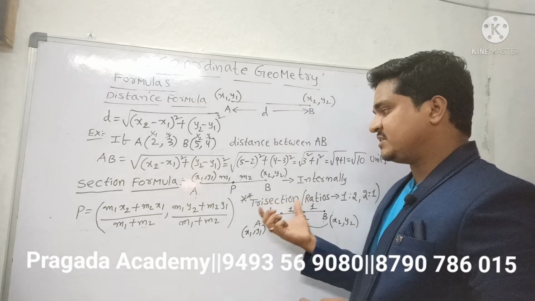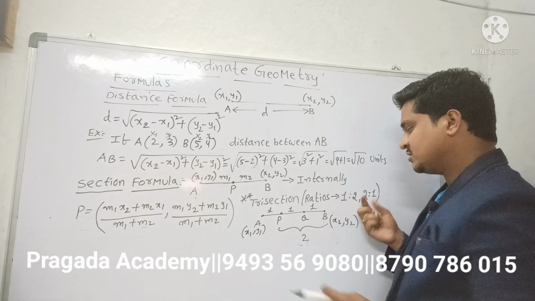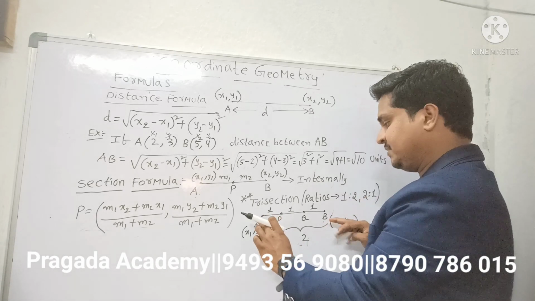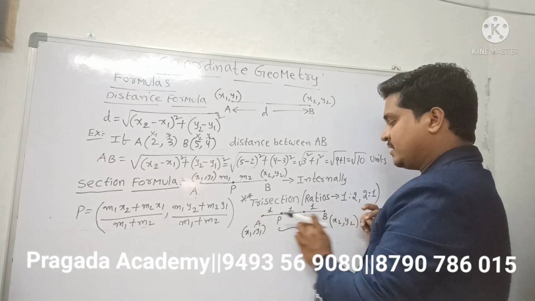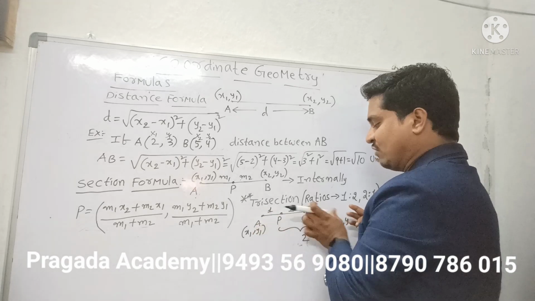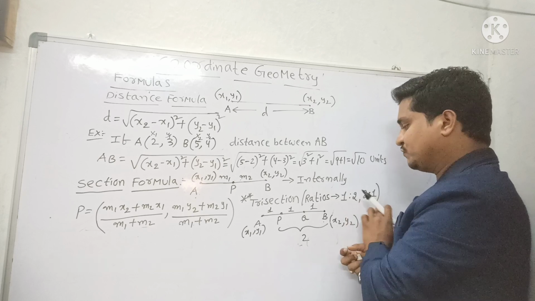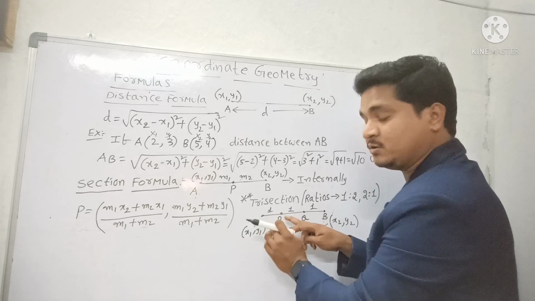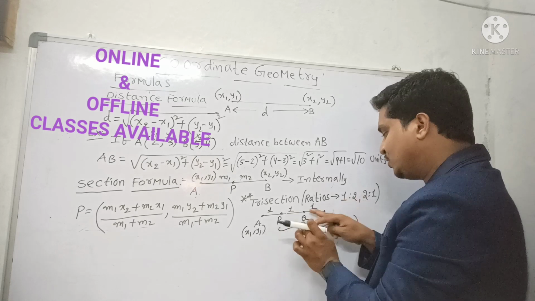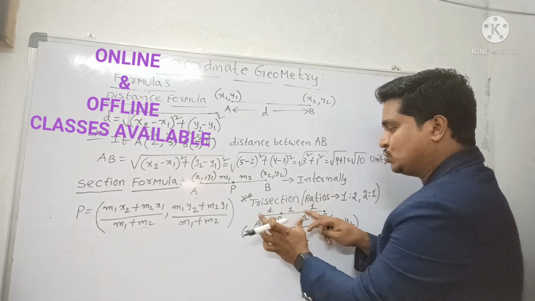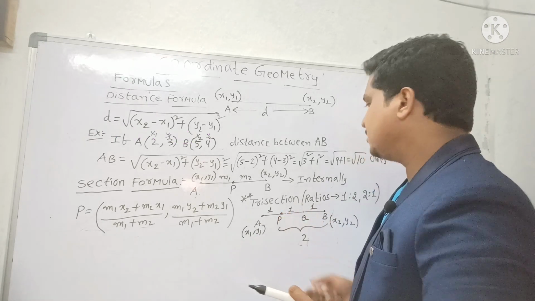Here in the problems they will mention trisection. Trisection means we need to take the ratios as 1:2 and 2:1. Suppose I represent the trisection here. AB will be the line, A will be (x1, y1), B will be (x2, y2). Here P and Q divide AB into 3 equal parts. To find P, P divides AB in the ratio 1:2, so you can take 1:2. To find the Q point, Q divides AB in the ratio 2:1. So by taking coordinates, we can find the P and Q values.